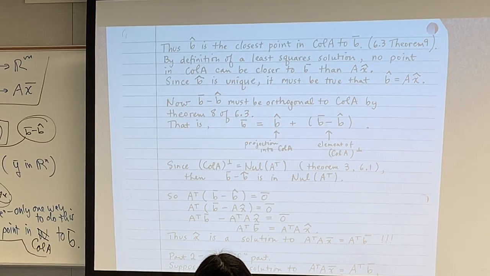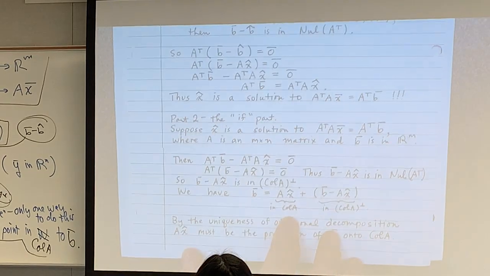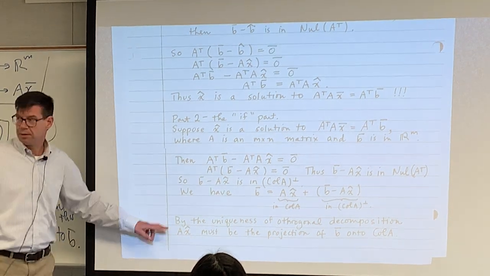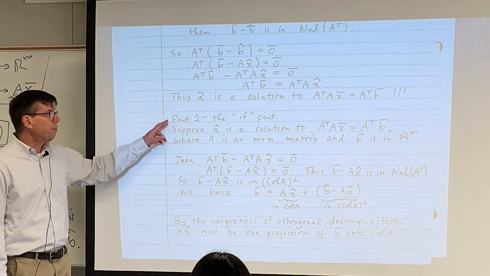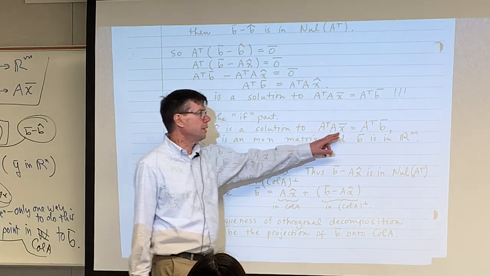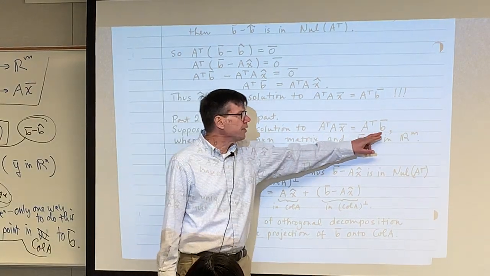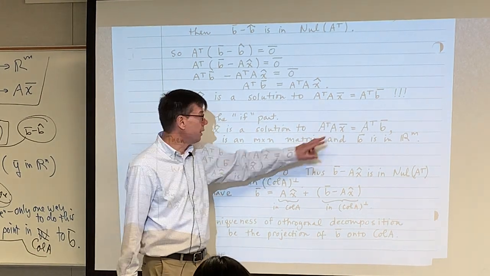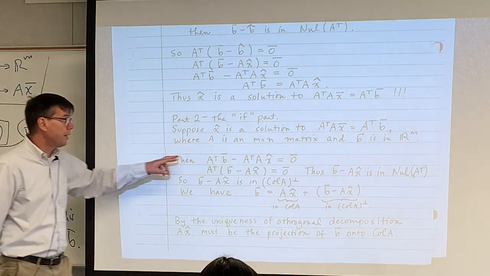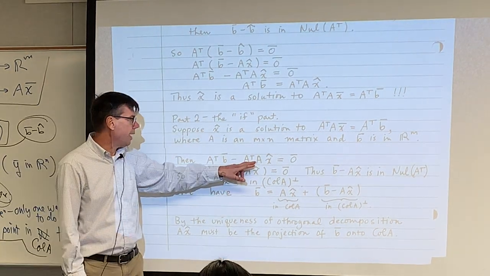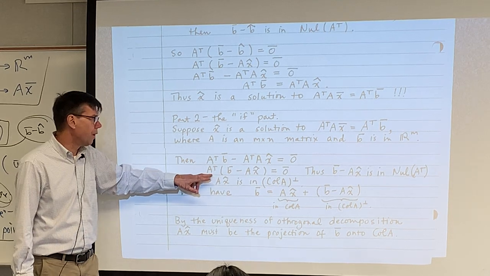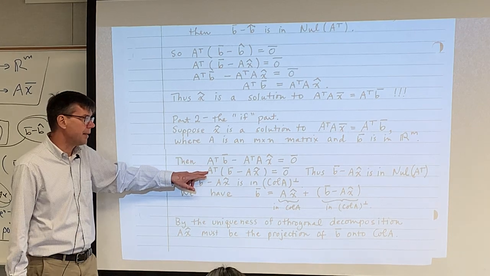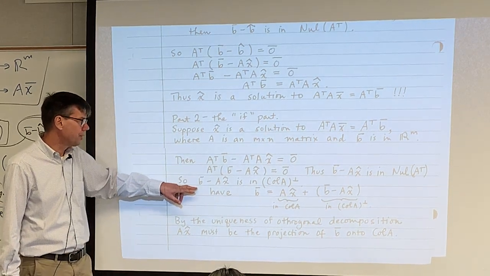Now, we're still not done with the proof. That was only one direction of the logic. And I'm just going to go much quicker through the second half because it really does just reverse the logic we just went through. So suppose you know X hat is a solution to that equation. How do you know that every solution to this matrix equation must be a least squares solution? And you just work backwards through these steps. X hat is a solution, so we can say this, so B minus A X hat is in the null space of A transpose, so